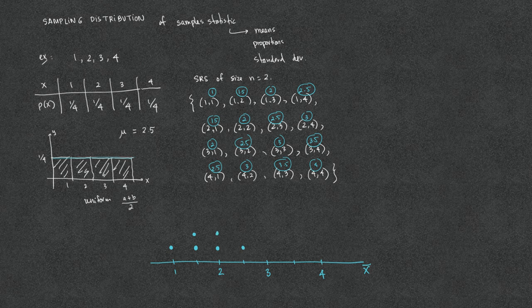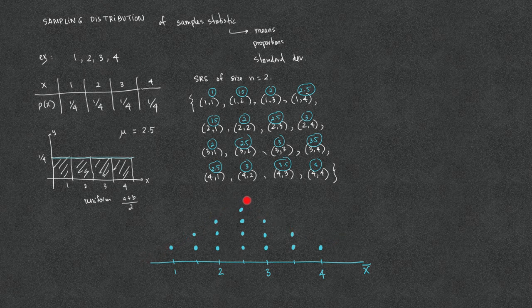1.5, 2, 2.5, 3, 2, 2.5, 3, 3.5, 2.5, 3, 3.5, 4. We can't help but notice that the distribution of the sample means is roughly a bell-shaped curve, which is a normally distributed distribution,